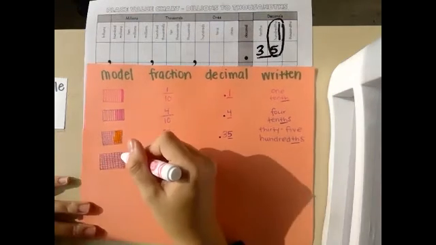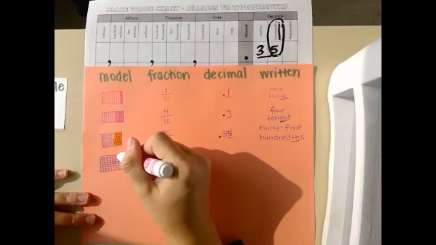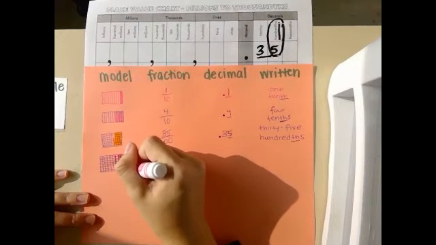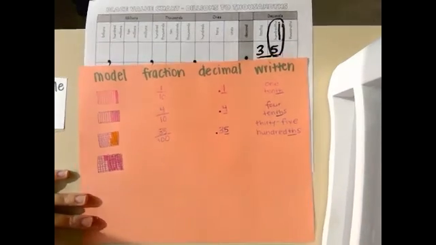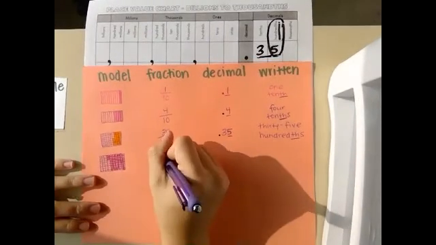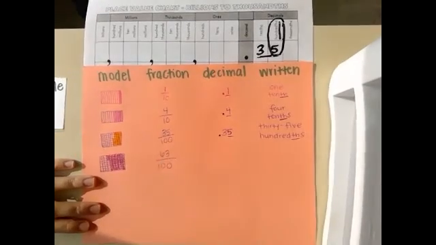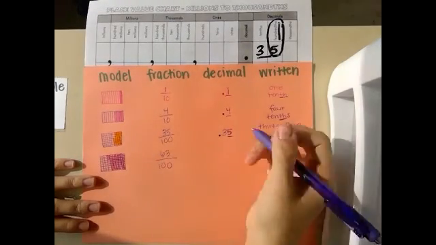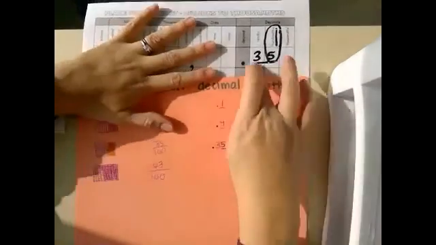So now I'm going to color in, there's 10, 20, 30, 40, 50, 60, let's do 61, 62, 63. So your numerator is the total number you colored, which is 63 out of 100 total pieces. So that's 63 100ths. So if I were to write this as a decimal,